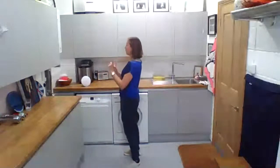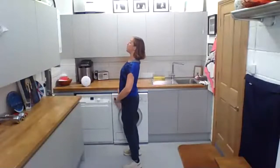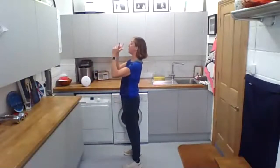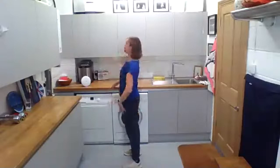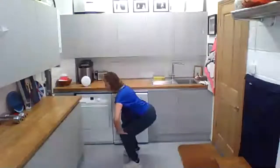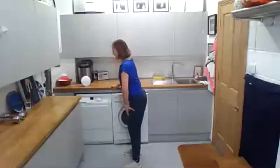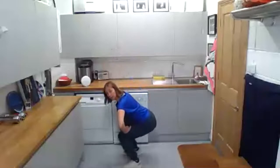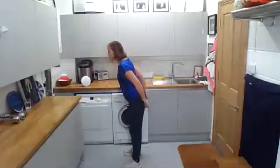You're going to start by lifting up tall. So I want you to feel the extension through the spine. So lift right up through those hips and look forward. So let's think about our form. Feel the natural curves of the spine. Right, 10 squats. We're going to go down, 2, 3, 4, and up for 2. Down, 2, 3, 4, and up. So it's a little bit quicker on the up. Ready? So we go down